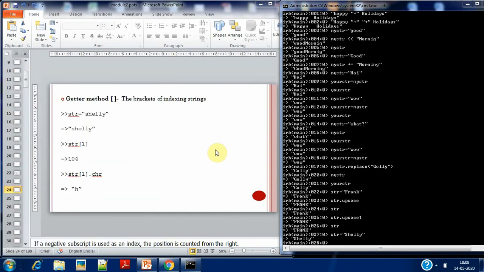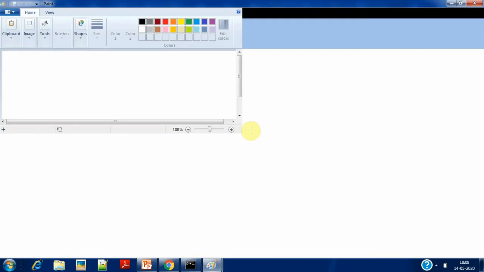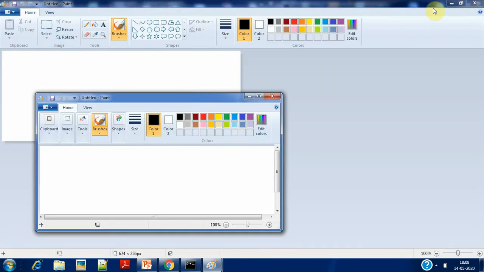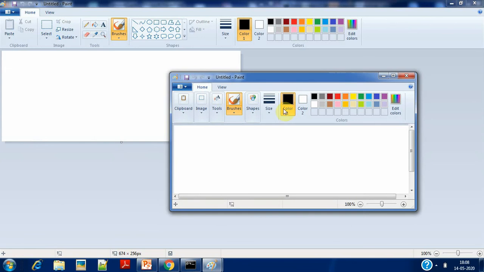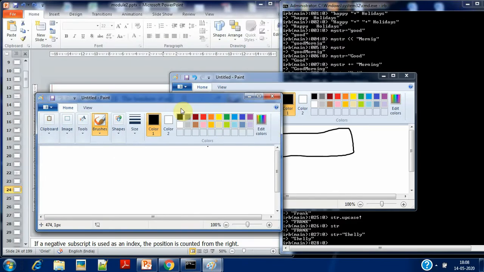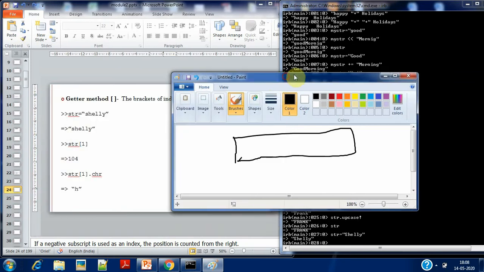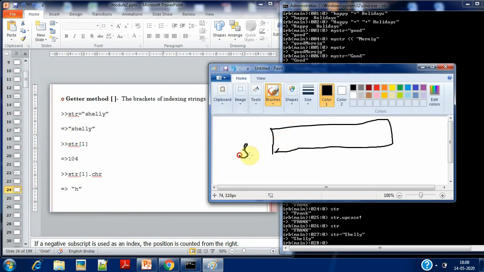We were saying that we have an array with the name str, and you have indexes 0, 1, 2, and like this it goes on. You have s h e l l y. This is the data that is there in your array.